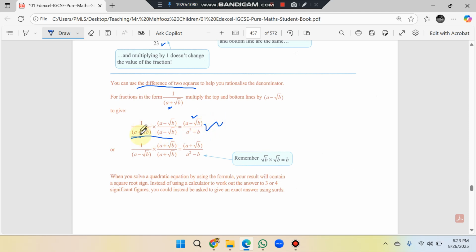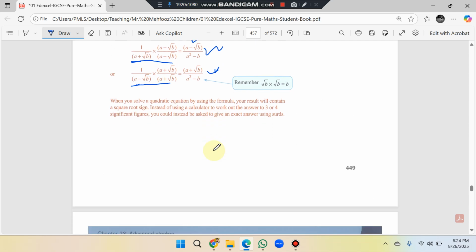And also if we have a question like 1 over a minus square root of b, here minus is used in this question, so we multiply and divide this term with the positive sign, so it becomes a plus square root of b over a plus square root of b. So it becomes a plus square root of b multiplied by 1, that is a plus square root of b. And also in the denominator we have the formula, that is a squared minus b. Any problem in this formula?